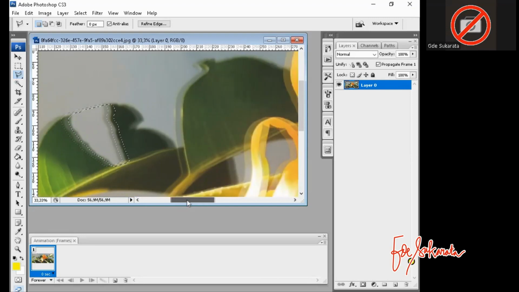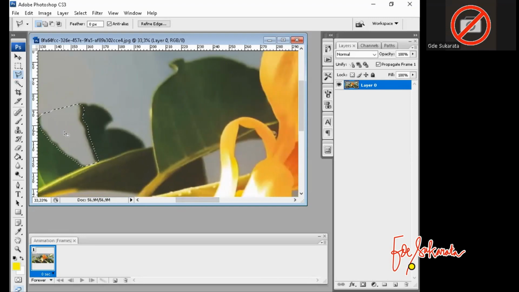Okay, now I want to move. I use the polygonal lasso tool to create a selection, and I want to maybe copy this.